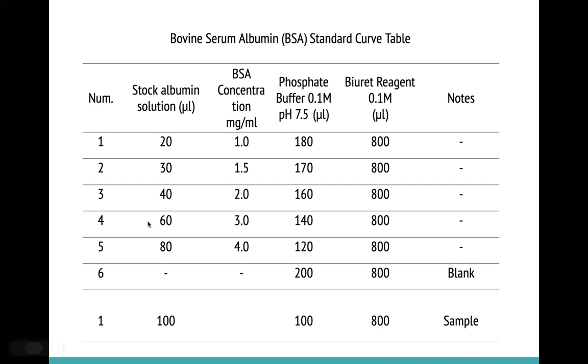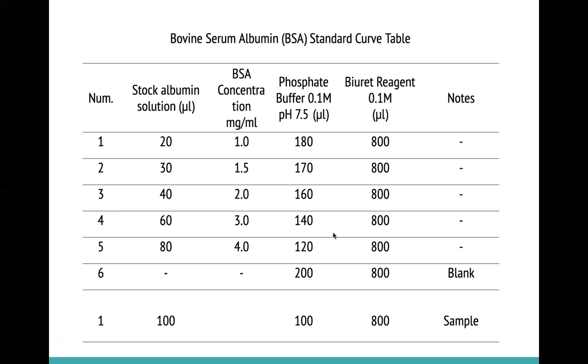The first one is albumin solution, which contains BSA at 1 microgram per milliliter, and the second flask has a BSA concentration of 1.5, and the others are 2, 3 and 4. For the last one, there is no BSA because it's going to be your blank. And then the last one is your GST sample, which you are going to figure out the concentration of. So the standard curve will be made